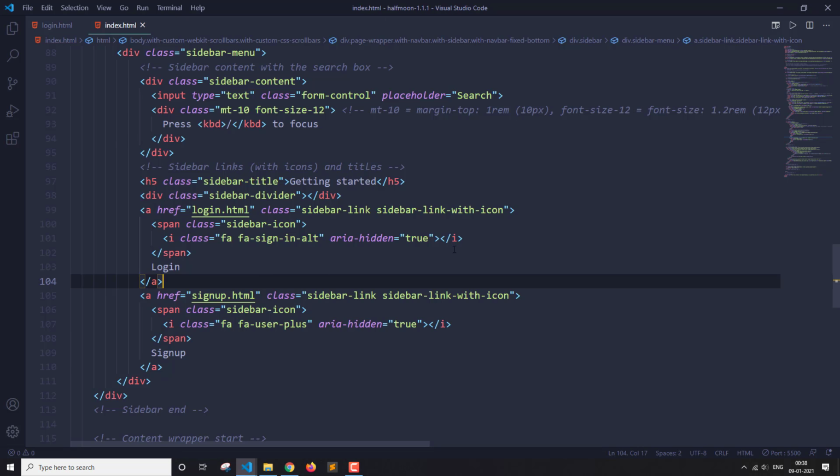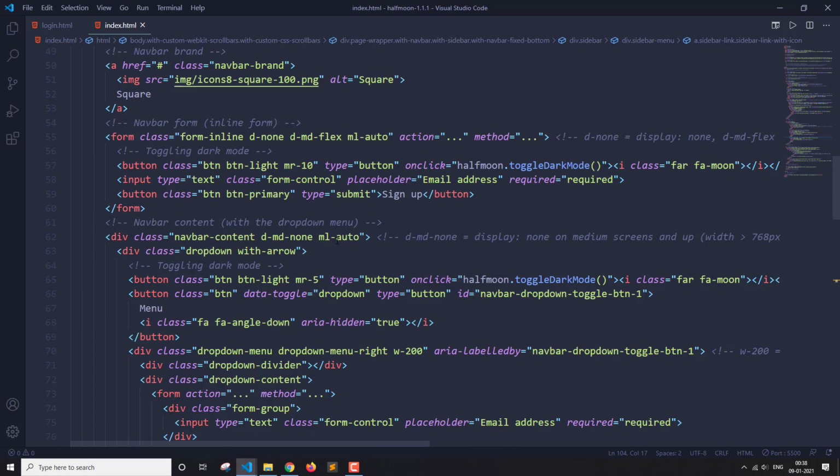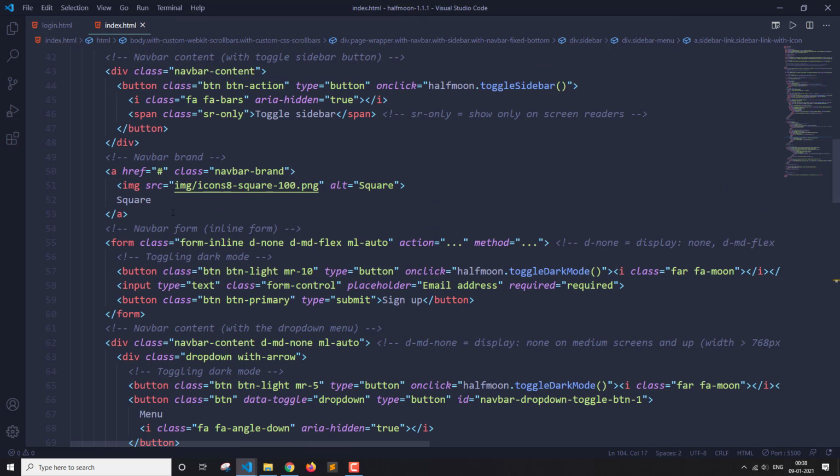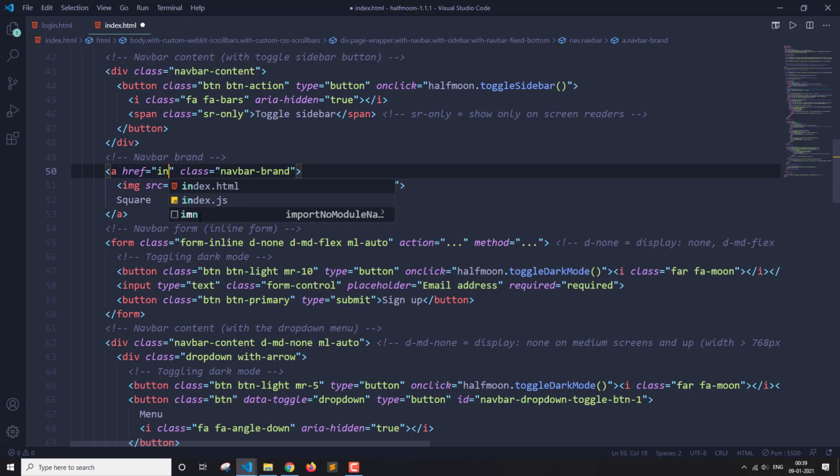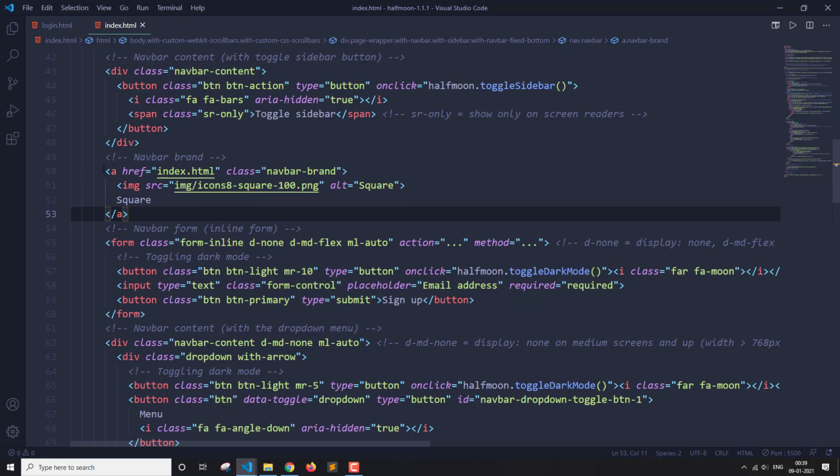Okay, that is done. Now I'm also going to change the navbar anchor link. So here I have this anchor link, but I don't have the href set here. So I'm going to set this to index. So this is now set to the index.html. So when I click on this logo, then it is going to redirect me to this